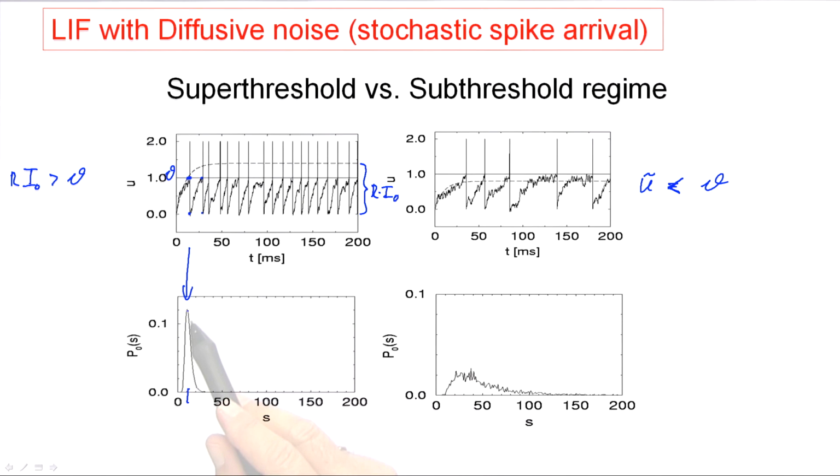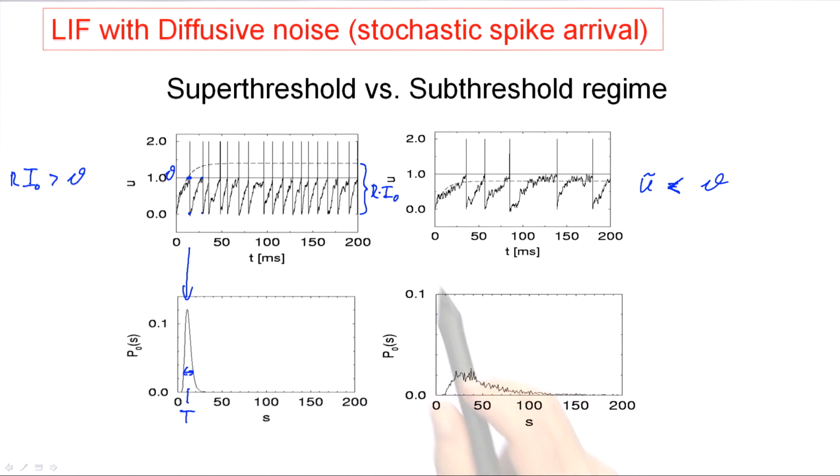And if the noise level is low, then the peak would sit exactly at the interspike interval T, which you would find for noise-free stimulation. To say it differently, in the superthreshold regime, the neuron would fire in any case. In the absence of noise, it would fire regularly. The noise adds a little bit of jitter, so that we have a strongly peaked interspike interval distribution. But this interval distribution is narrow.